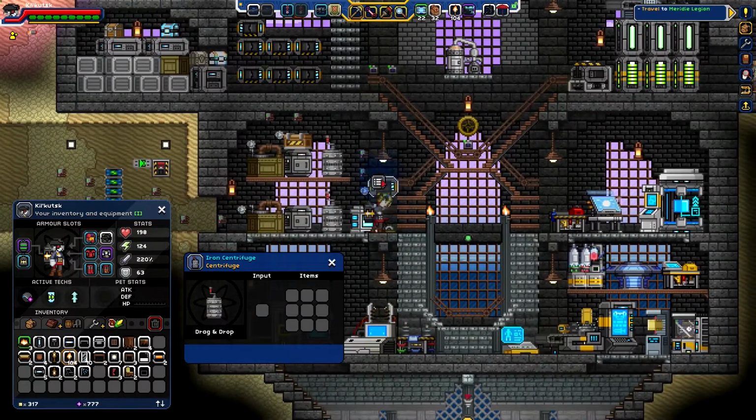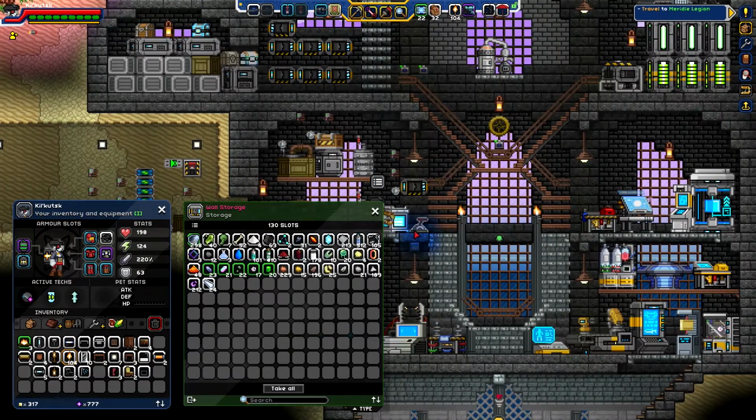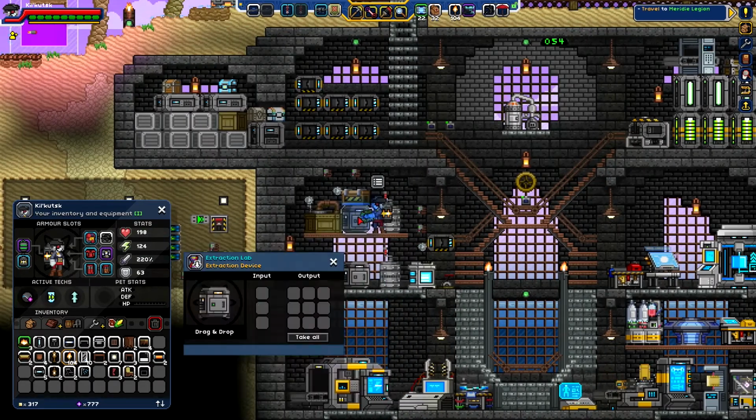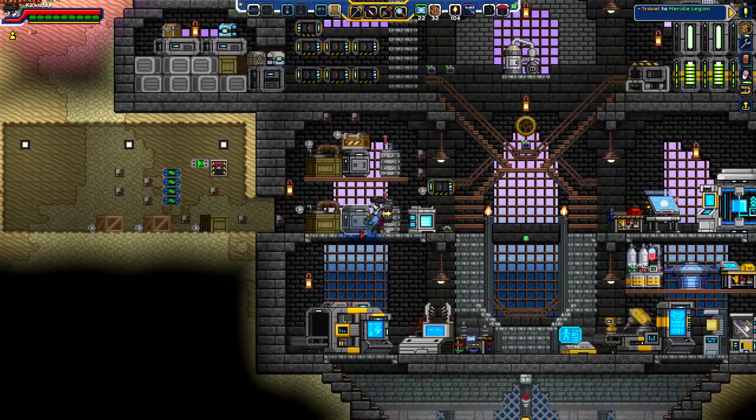Which one is that coming from? And that turns things off and on. Oh, this actually does not take from the first 3 slots. There's a little eye down here that if you click that, it actually inverts this. So it will take from everything but these 3 slots, which means I believe this is the extraction device